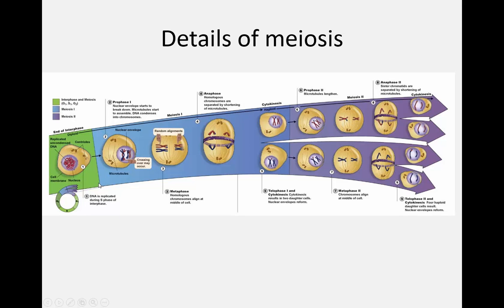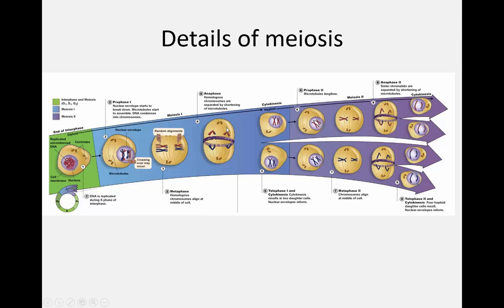Okay, so just to summarize again, this is showing you meiosis. We start out with a cell that went through interphase, and now we have double the DNA. We have sister chromatids, and in meiosis 1, we separate these homologous pairs, right? So prophase 1 happens first, crossing over occurs. We get some blue on the red, some red on the blues here, and in meiosis 1, specifically anaphase 1,